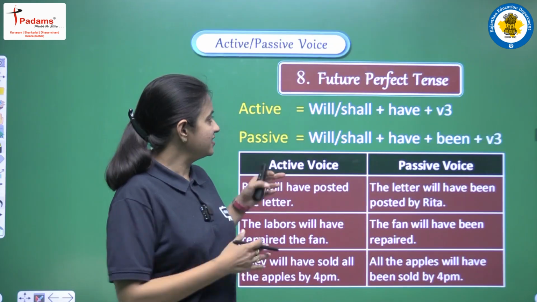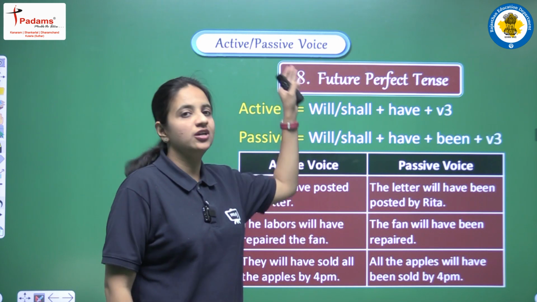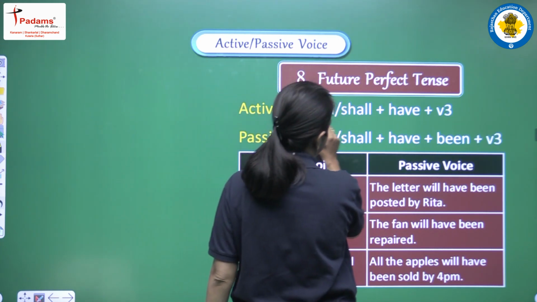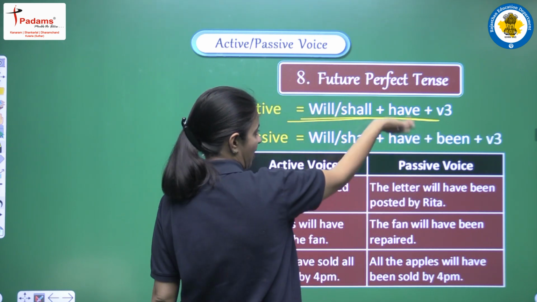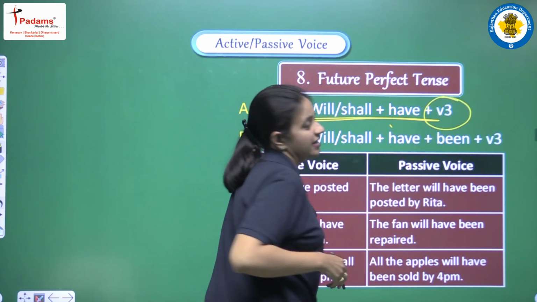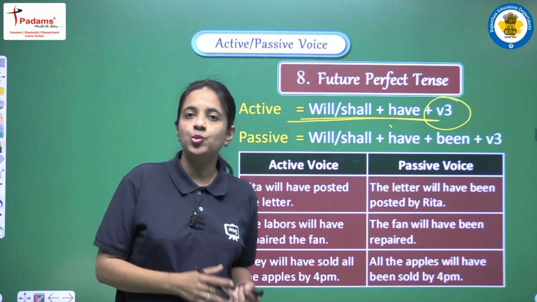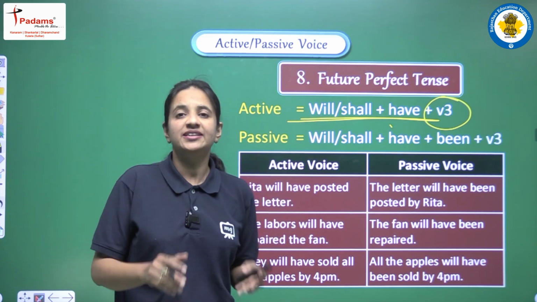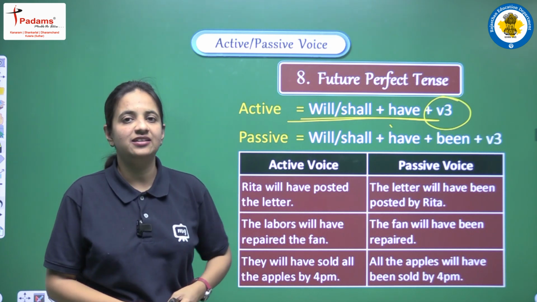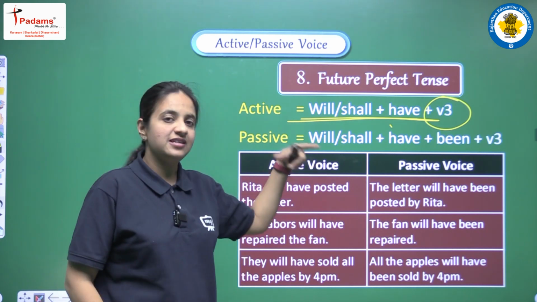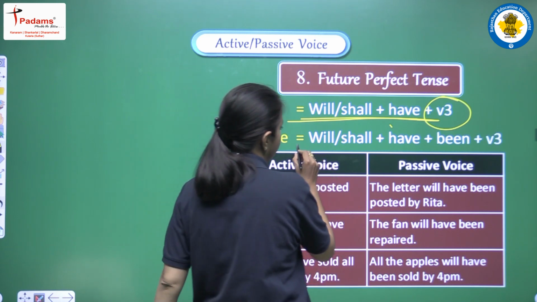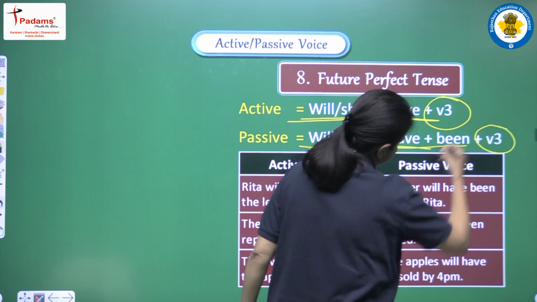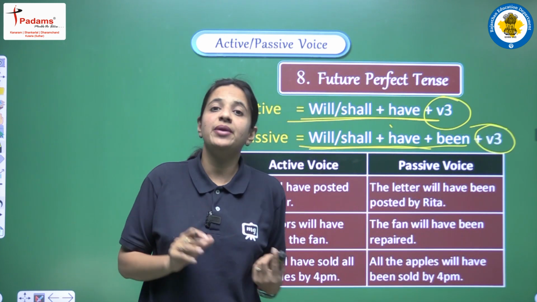So students, the next tense that we are having here is future perfect tense. Future perfect tense means as a helping verb in the sentence there will be will have or shall have, and yes, there will be the third form of the main verb. So if we are having future perfect tense in the sentence of the active voice, then in the passive voice sentence that we will make, as a helping verb we have to write will have been or shall have been, and yes, in passive voice the third form of the main verb.